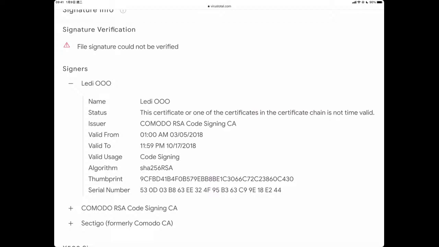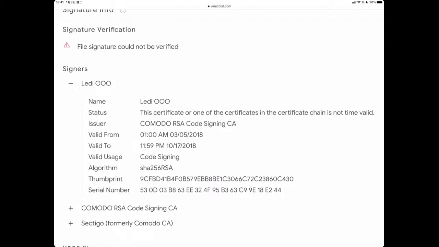Some issuer, you can see that issuer, should keep your public key after you have your private key. There is also some date information, usage, algorithm, and something like that.